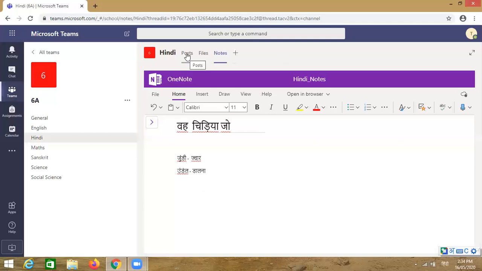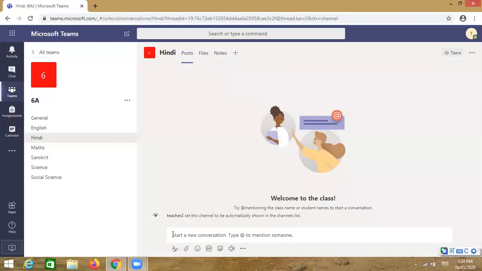So similarly, you can send the message in Hindi to the students. Click here on the message.